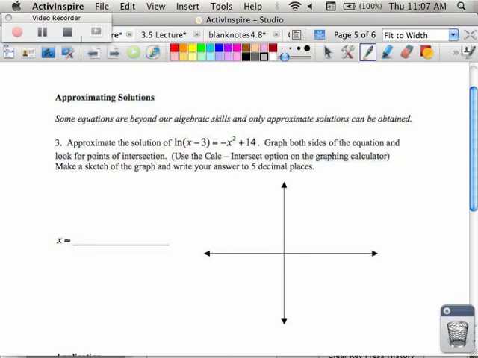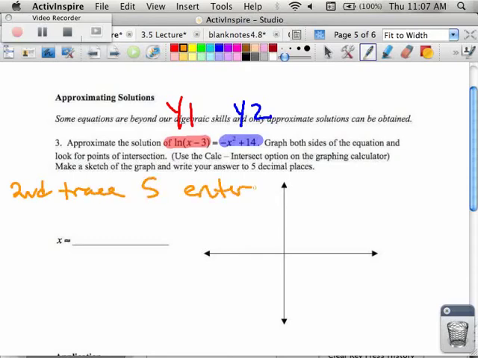Let's talk about our calculator. I'm not going to do this with you, but I'm just going to tell you how to do it. Whenever you see some crazy stuff and you're like, oh my goodness, I have no idea, here's what you do. Stuff over here goes in y1. Stuff over here goes in y2. And then you do the second trace, 5, enter, enter, arrow, enter, and out pops the value of